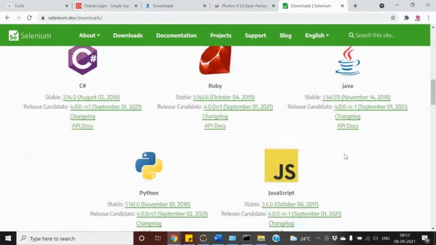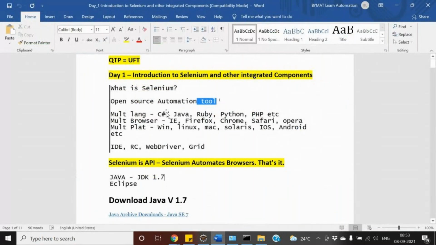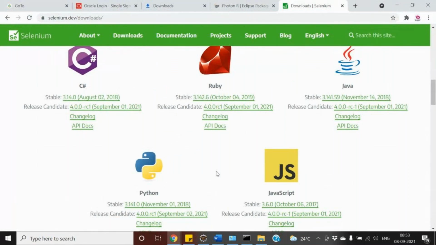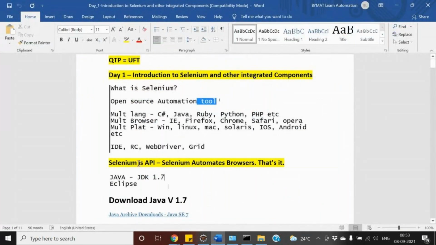These are the five languages Selenium is supporting as of now. This is a pretty old document, though.